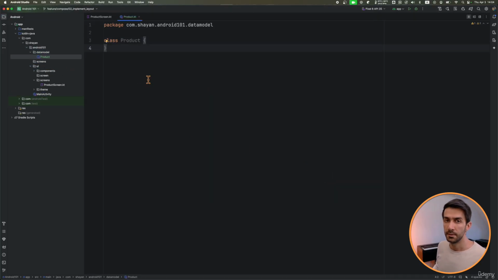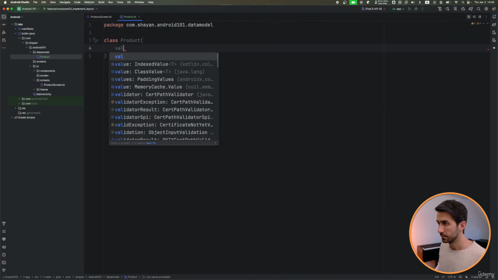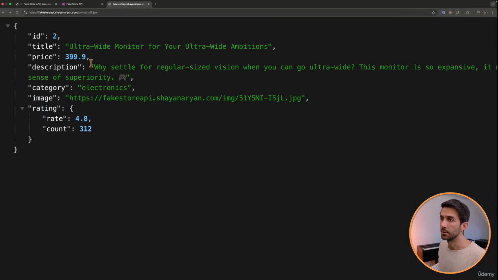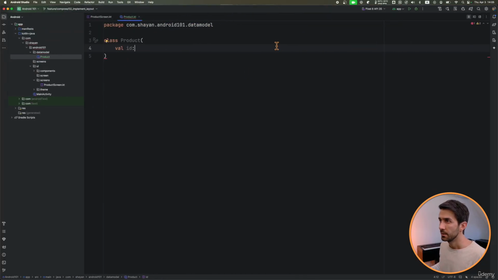So in Kotlin, it's very easy to make a class mirror a data model. So I'm going to delete the brackets and define the variables directly in the constructor like this. So for example, for ID, we can define val ID, and ID is a whole number. So we can see it doesn't have fractions, it's like 1, 2, 3. That's in Kotlin an integer. Integer is a data format representing whole numbers. So that's ID. And then for title,